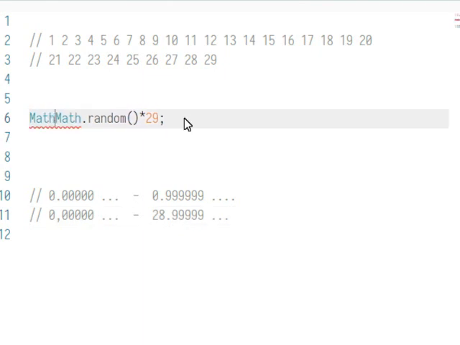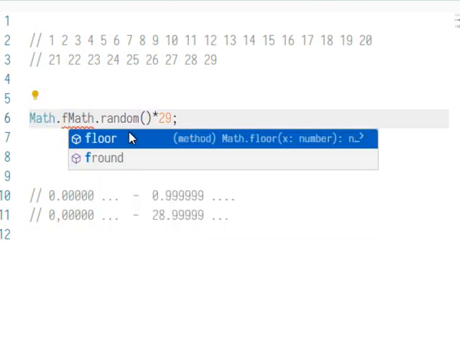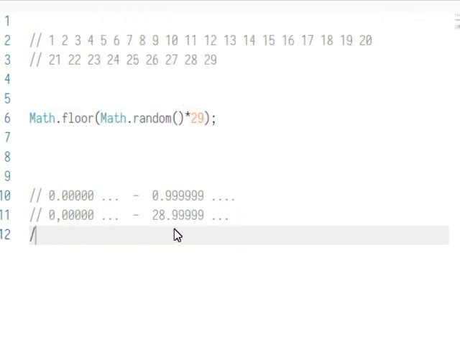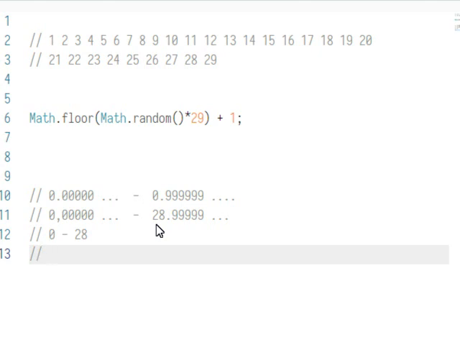If I use Math.floor on this, it will round the output value down to a whole number, so we get a result between and including 0 to 28. Adding 1 to the result will get the spread of values I want, 1 to 29. So that is what I will use.